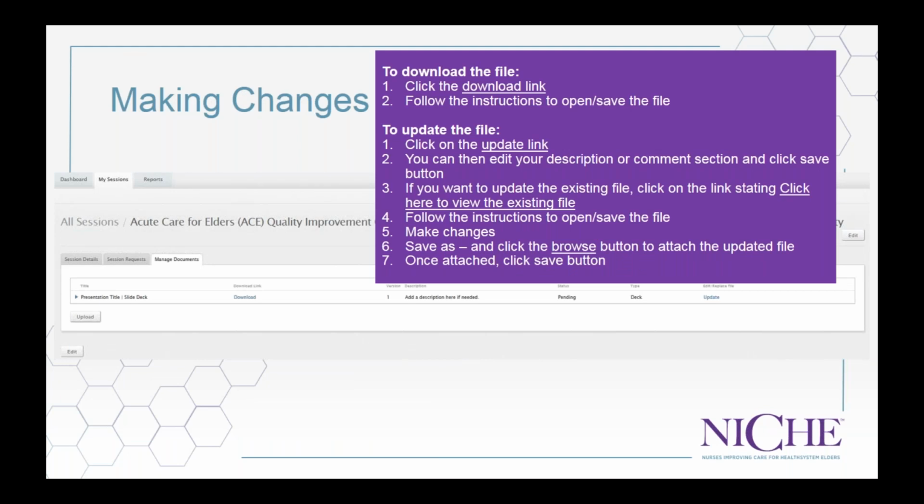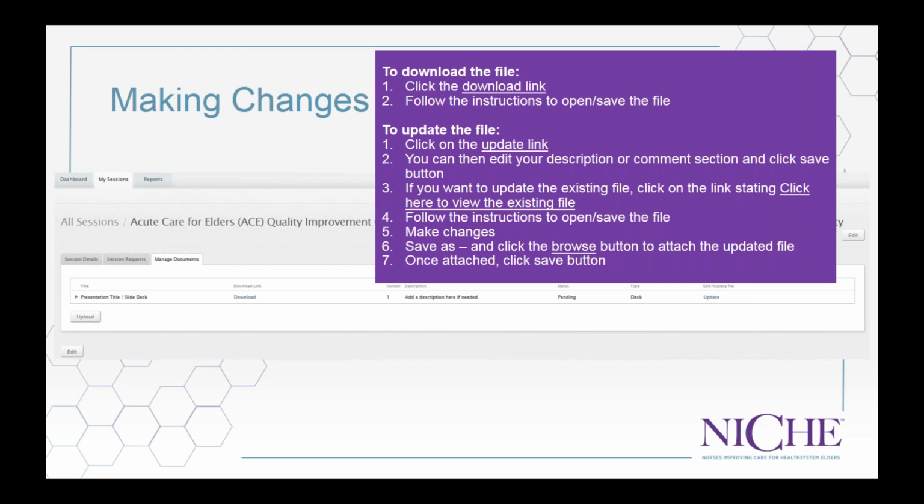In order to make changes to your existing file, you can do two things. Click on the title and you'll see the full details and description and comments in the expanded view. So the two ways I mentioned of making changes would be to either download the file or update the file. Either way, you will make your changes, and the goal is to replace the current file with a new updated file. This is so that we don't confuse which is your final presentation versus an earlier version. Thank you. So let's go through how to do this.